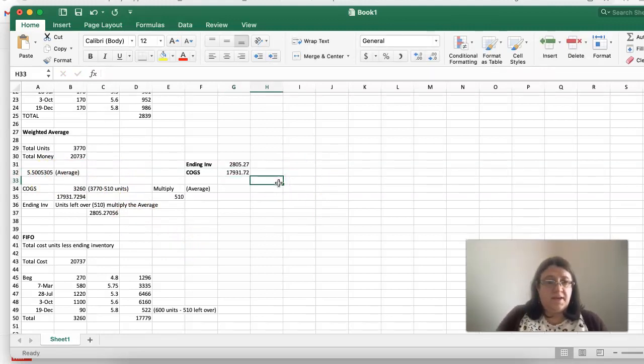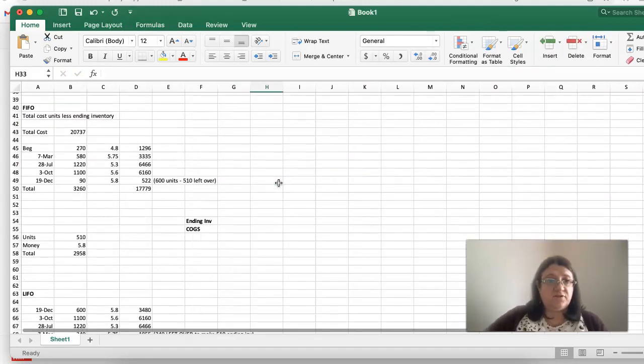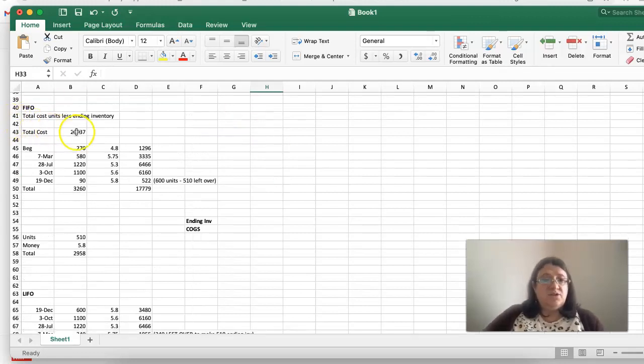Okay, next is the FIFO, first in, first out. So what you want to do here is start at the beginning inventory and go down through the purchases, and as you're going through, you want to get down to where you would have 510 left over. So as I go through, I do the 270 units at $4.80, 580 units at $5.75, and then